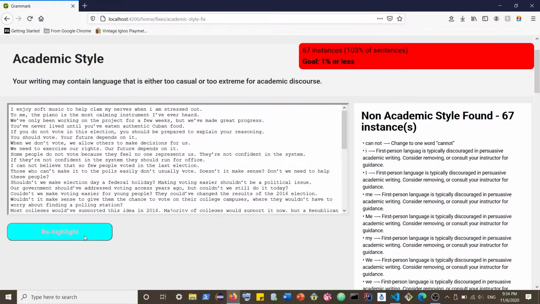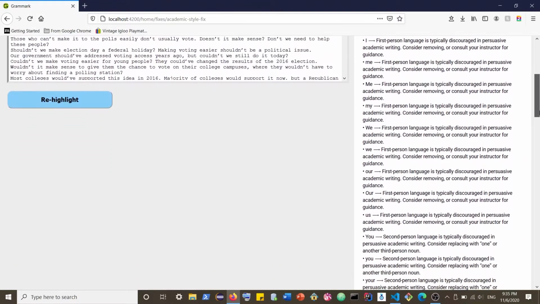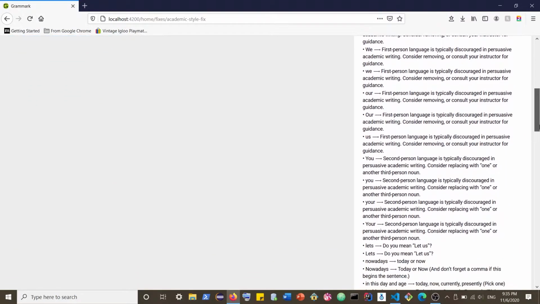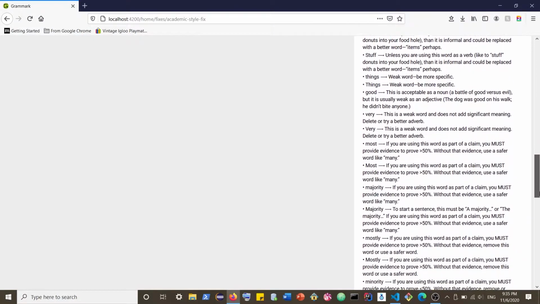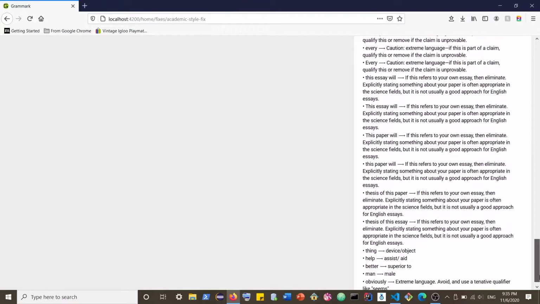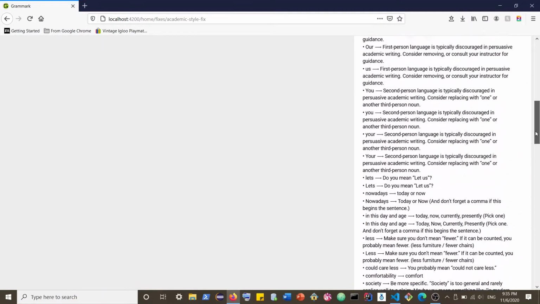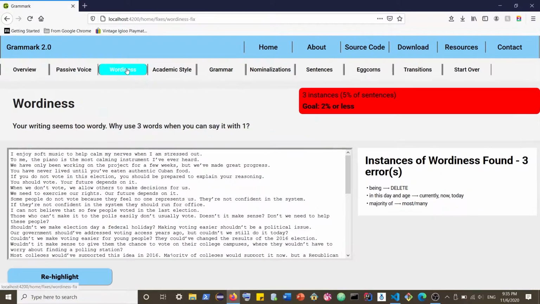And then for the re-highlight function, we can change the writing a little bit and see if it will catch anything else. So taking out some contractions here and there, and clicking re-highlight. And then going through and seeing that those contractions that were listed before as a red flag, as an error, are not presently listed here as far as we can see. And then we can scroll over and see the different instances of errors that were caught,